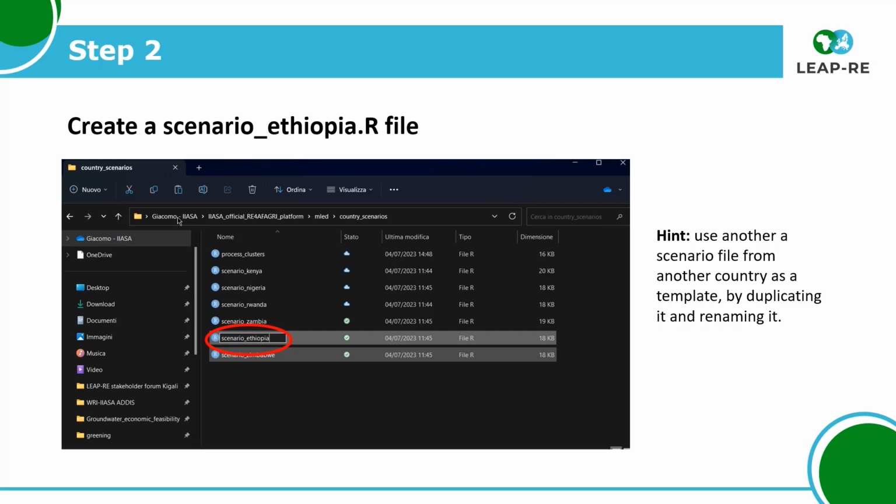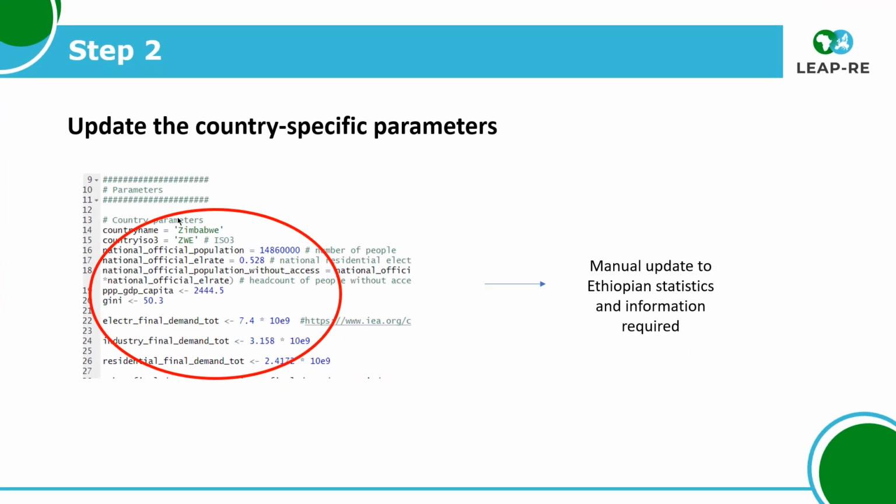model for Ethiopia. So for instance, we take the Zambia one, just a random one, or the Kenya one, and we copy paste the file and we rename it to scenario Ethiopia. This will be our starting point, and then we will need to edit to adjust the data and assumptions for the Ethiopian case. So then, in fact, we will need to open this file and work extensively to basically manually